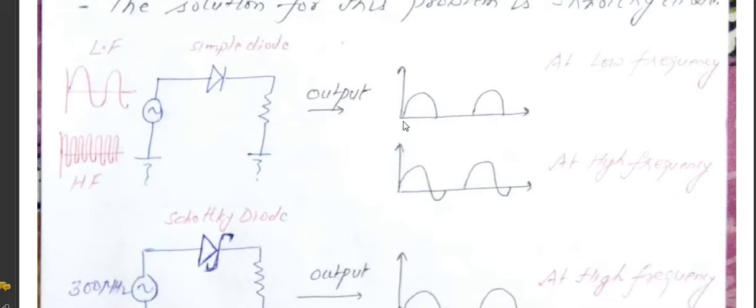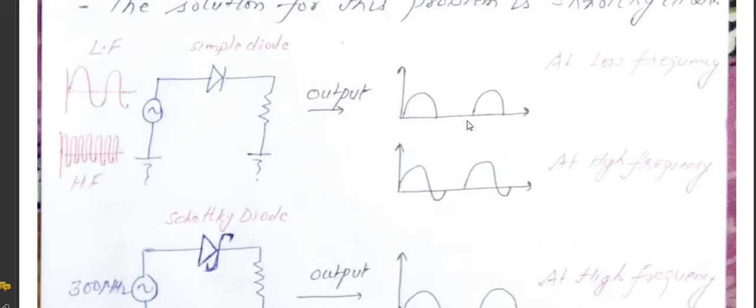When we apply this signal to this diode, the output is like this. Here we clearly see that there is output only when our diode is in the forward bias state. There is no output in the reverse bias condition. So this is the ideal response of a simple diode acting as a half wave rectifier. When the diode is forward biased, there is output. When the diode is reverse biased, there is no output.